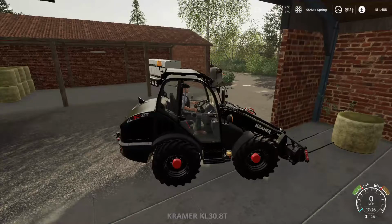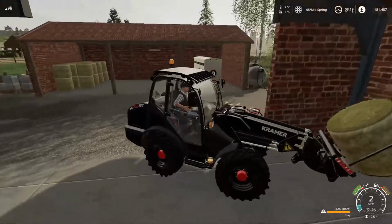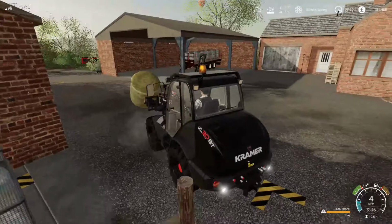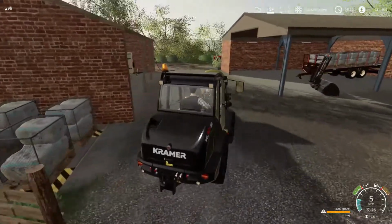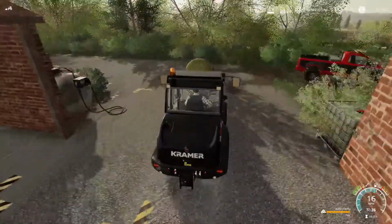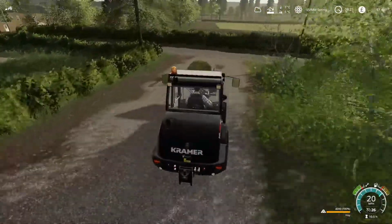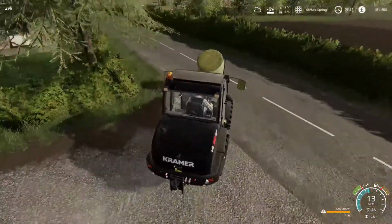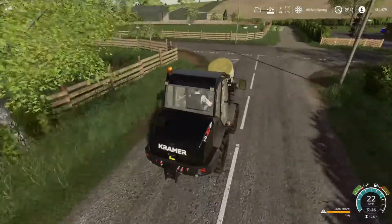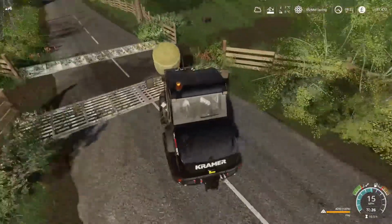So what we need to do is feed the sheep first, so we'll just go and do that. And then we've got a whole bunch of wool there. As you can see, we've got a quite loaded trailer already, so they have been busy, and we've got quite a few sheep now. So I have got a bit of a plan. I might hopefully get onto that in this episode, because we do have a lot of sheep now,